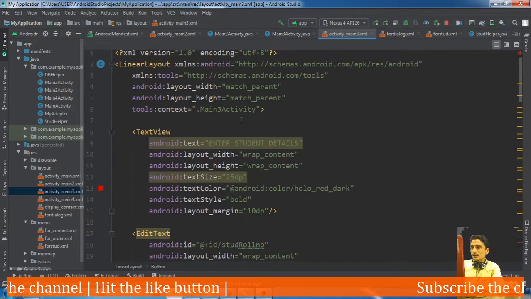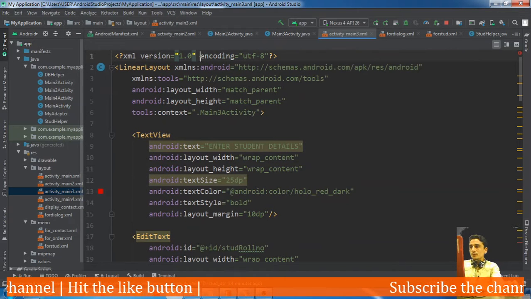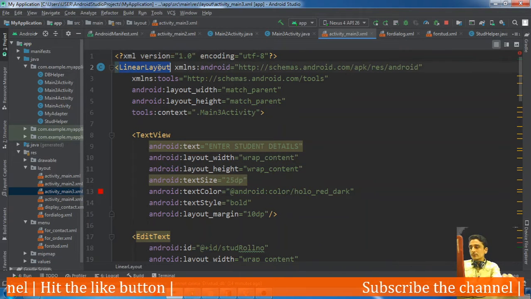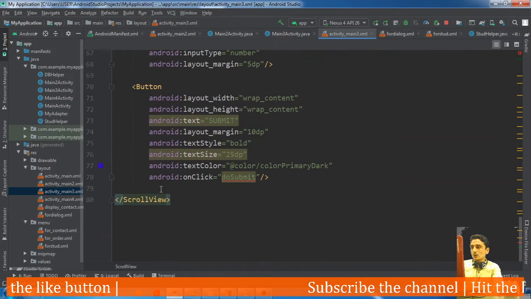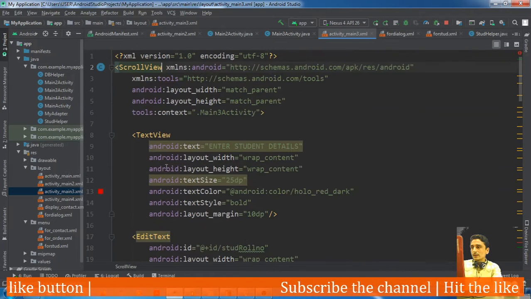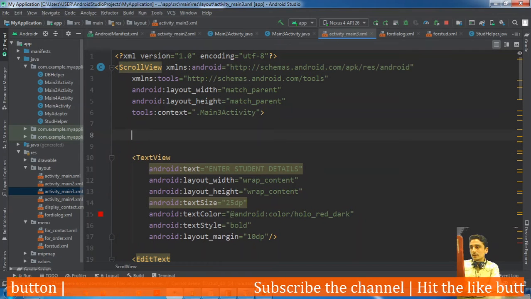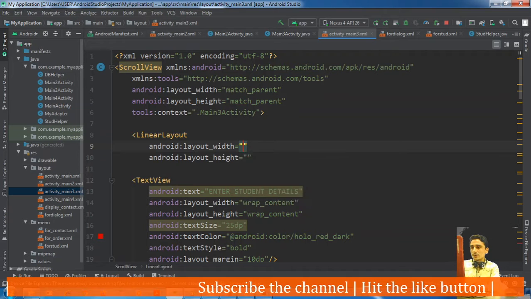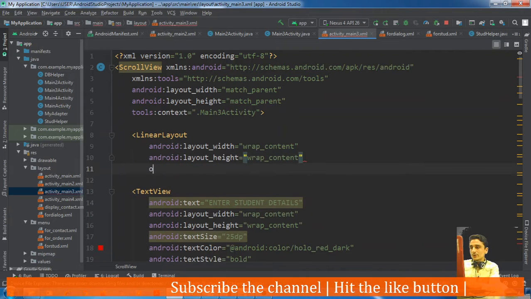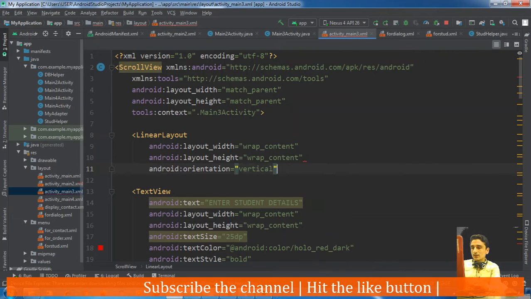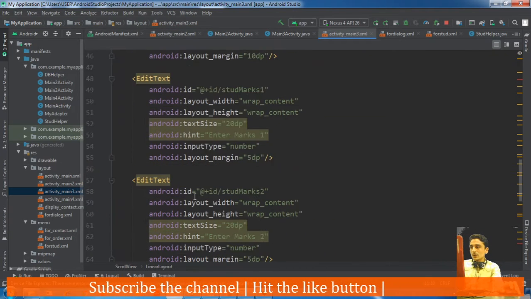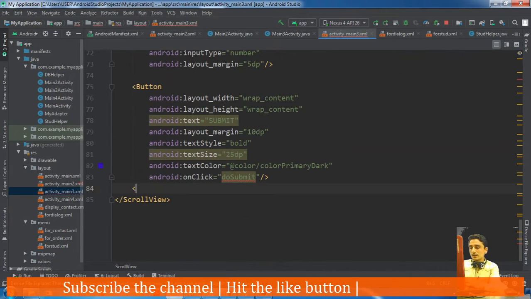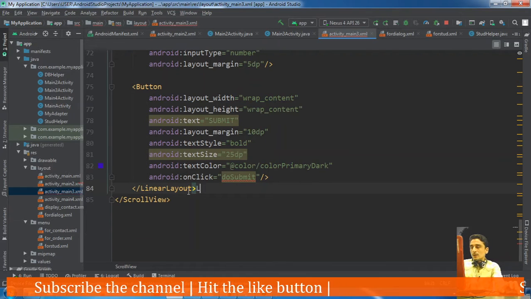And we will be putting this linear layout inside a scroll view, a linear layout inside a scroll view. Orientation will be vertical, and inside this linear layout all these things will appear, okay.